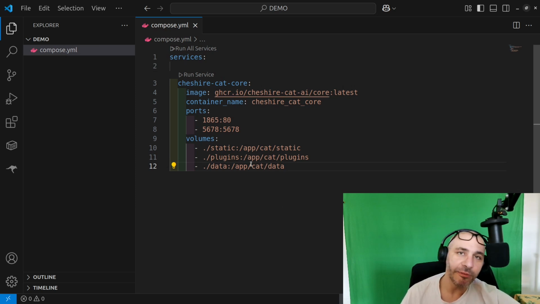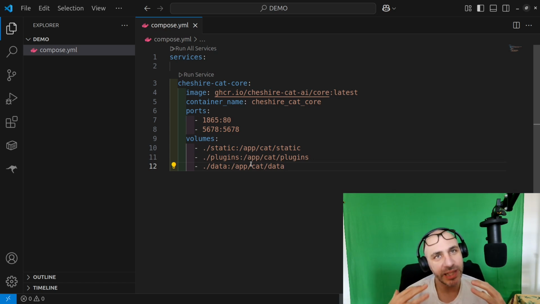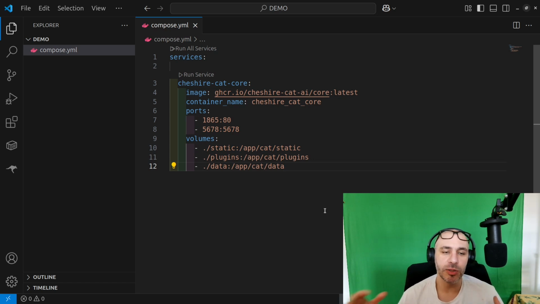What is this stuff doing? I recommend to you to learn Docker in general for your profession as a technician, a coder, a technology creative, because Docker allows you to have just one dependency, which is Docker on your system, and you can install basically anything without cluttering your system. What are we doing here? We are declaring a new service called Cheshire Cat Core.